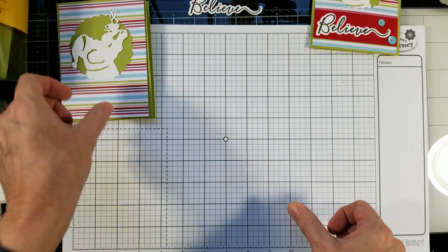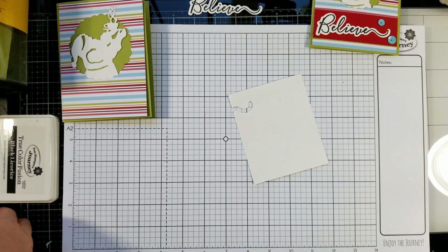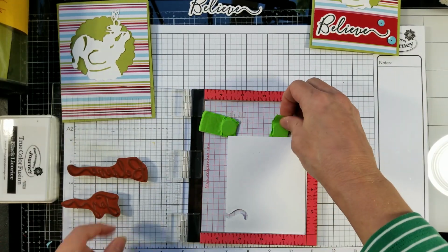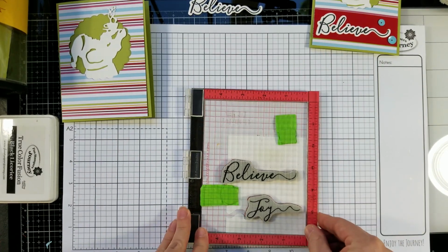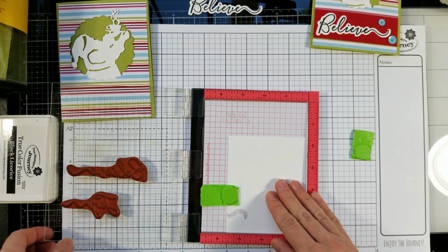So then your next step is to take this piece of cardstock here, and we are going to go ahead and stamp him. Now I have actually gone ahead and pre-set up my Misty so that it is ready to stamp both sentiments for both cards. And I set it up, and I